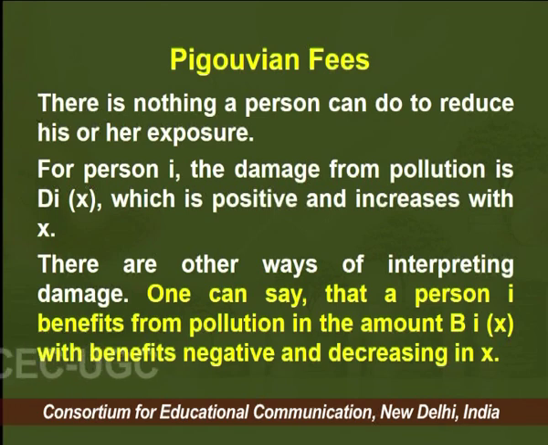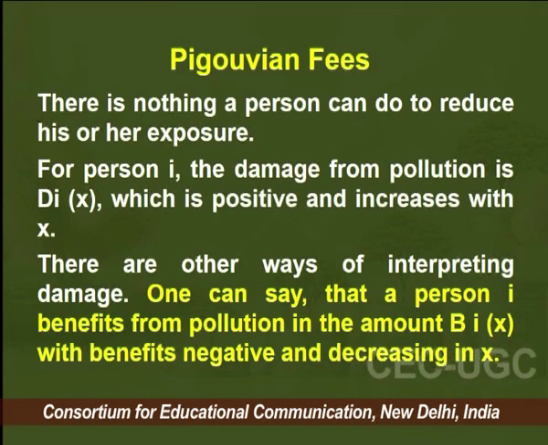The damage for an individual person we are symbolically representing as D_i(x), and we assume it is a positive and increasing function in x, because as you emit more and more, the damage contributed by that pollution increases. There are other ways of interpreting this damage, because if you are not able to quantify the damage in magnitude,